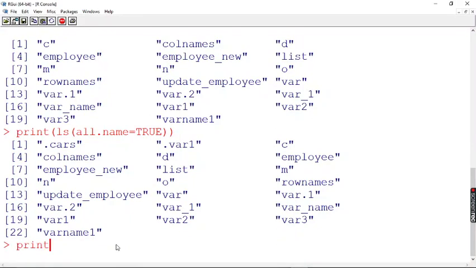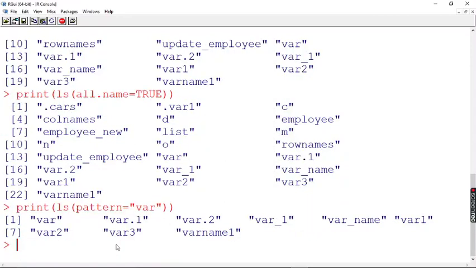Suppose you want to check the variables which have a particular pattern. I have one attribute for this ls function. I say pattern is equal to, suppose I want only the pattern named var, that is variable var. Then I can say it like this.